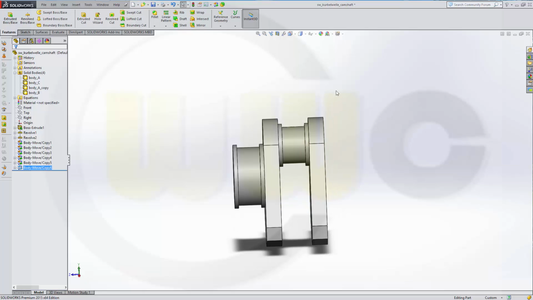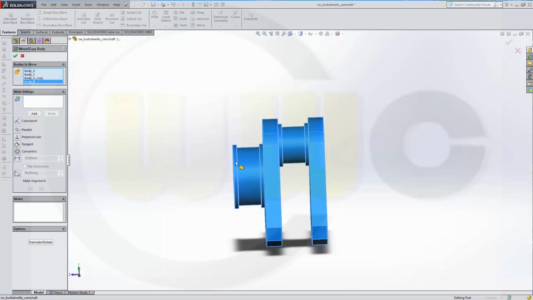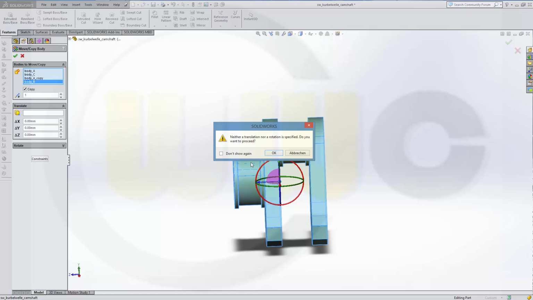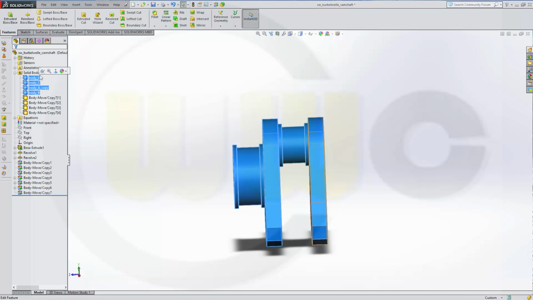Now I want to make a copy of these, and I want to hide the original bodies. So let's go for bodies to move. I want to move this one, that one, this one, and that one. Go to translate, rotate, activate copy, and don't move it at all. Just confirm. There is no translation or rotation, that's correct. Confirm again. Now I got a copy, and I will hide the original ones,